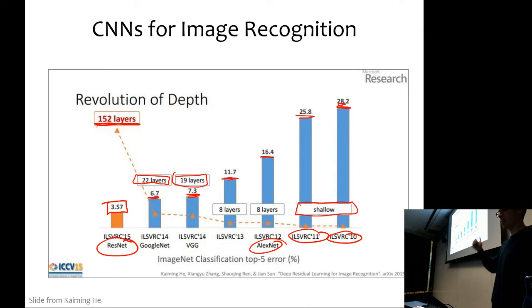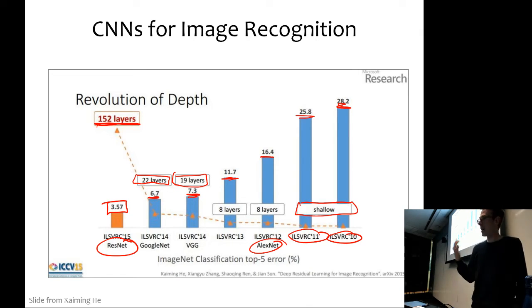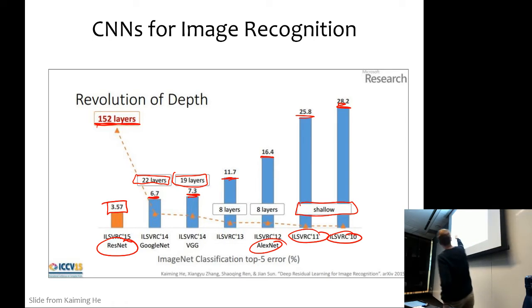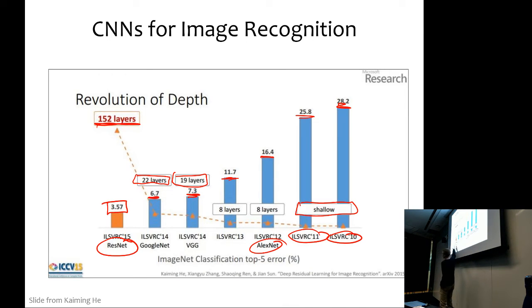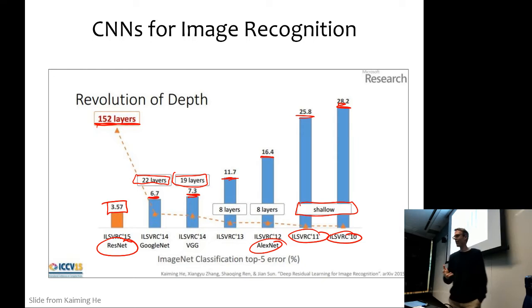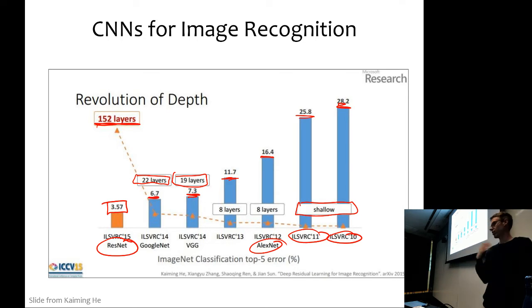It's continued to get better past this point, but I think this was one of the most significant jumps as well. This paper was cited something like 30,000 times already because it introduced an idea that was reusable all over the place. This idea of residual connections has shown up time and again, both in computer vision and in other fields that are using these sorts of deep nets.